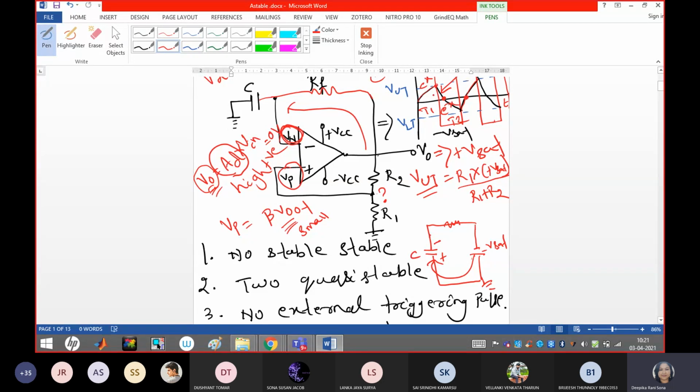Okay, so this will give rise to a square waveform, or I can say a continuous repetition of the charging and discharging of the capacitor will give rise to a pulse waveform. So this is all about the astable multivibrator. If you repeat the process, you can see that without any applied input, the functionality gives us the generation of a pulse waveform.